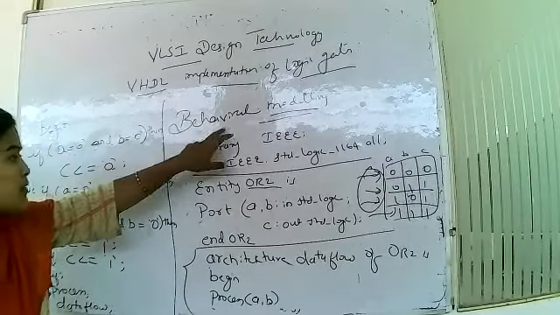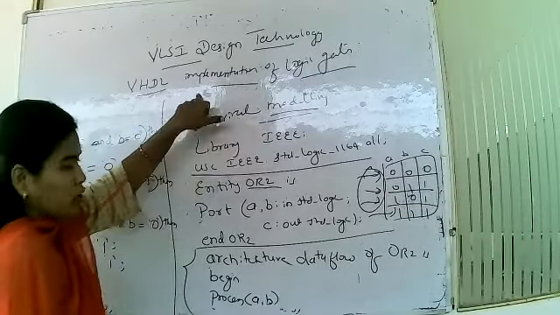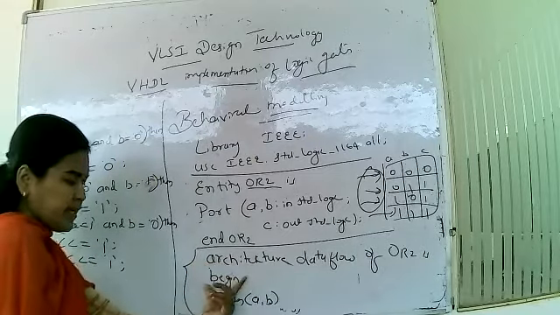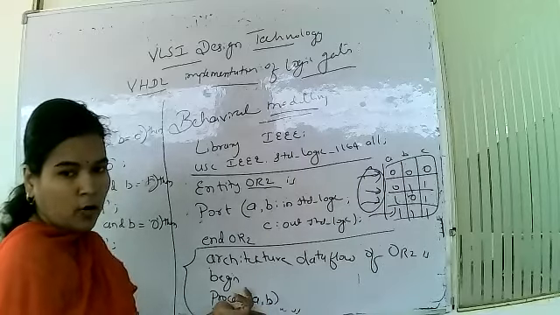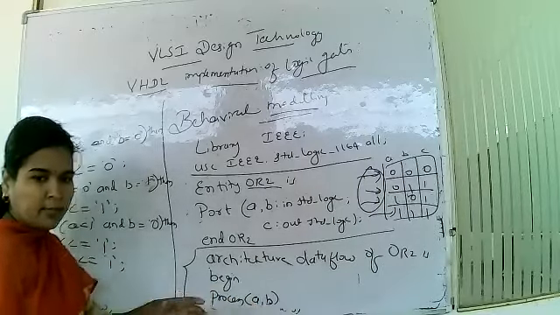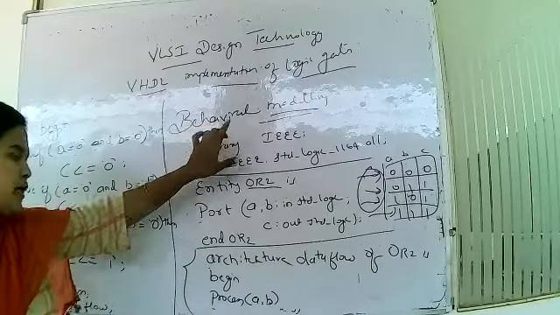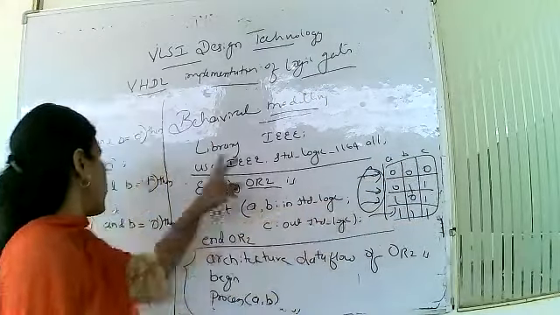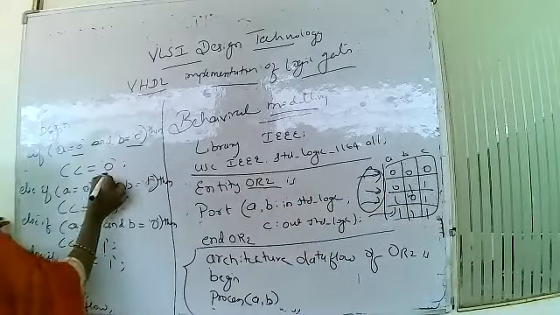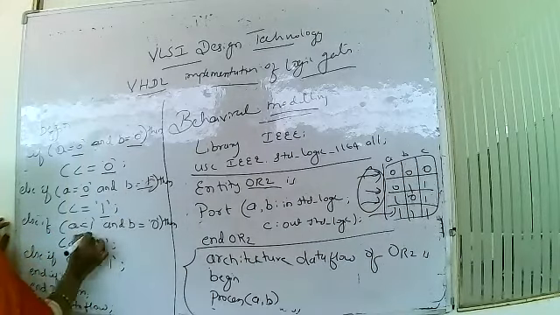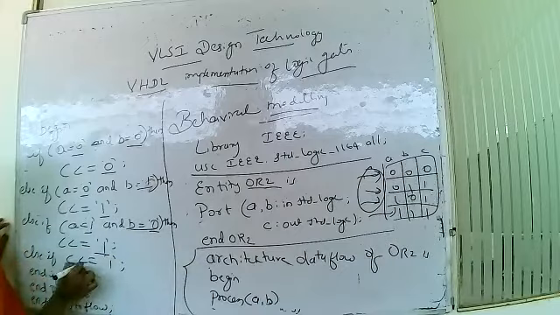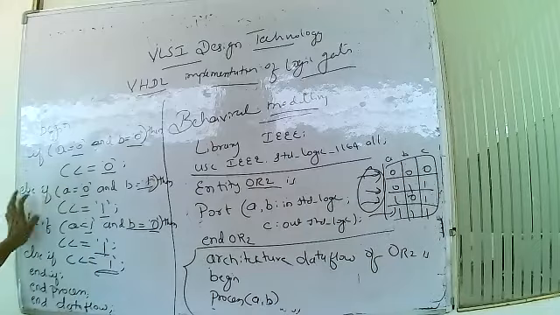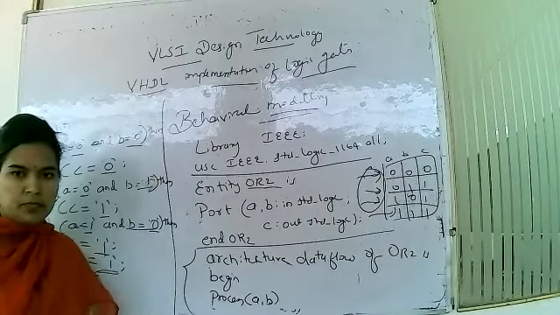Previously, what was studied? Data flow modeling for the OR gate, where we changed only the architecture; the rest is the same. Then output is equal to A or B. That completes the program. But for the behavioral modeling, we have to check for all the cases. First 0, 0, output is 0. 0, 1, output is 1. And so on, otherwise the last will be the output. So, end of the if, end of the process, end of the architecture.